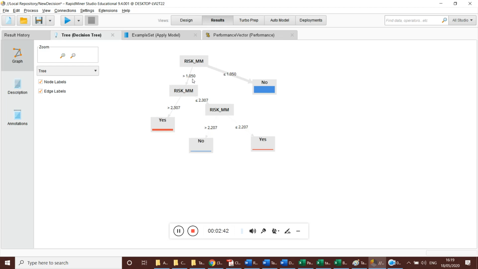When RISK_MM is greater than 1.0 and greater than 2.307, the possibility of raining is yes.